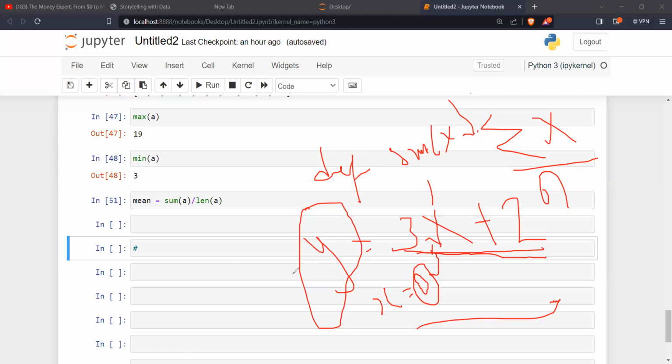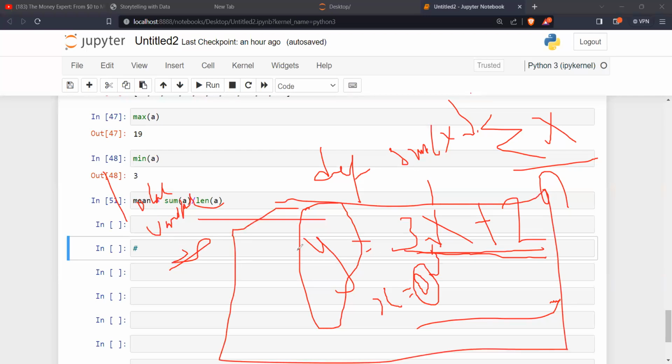Within a function, y becomes the local variable. But if I had written it on its own, then y here becomes what? A global variable. Do you see that now?